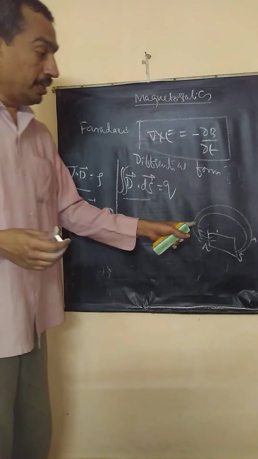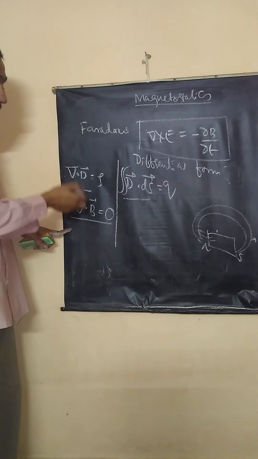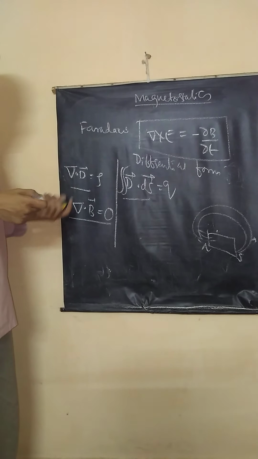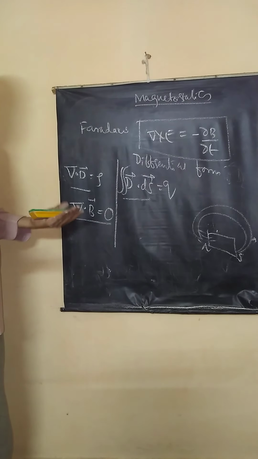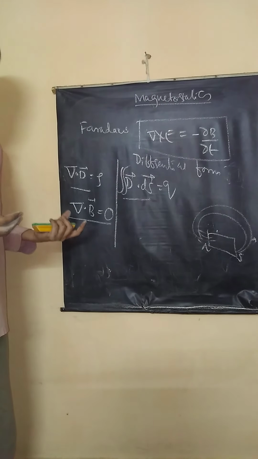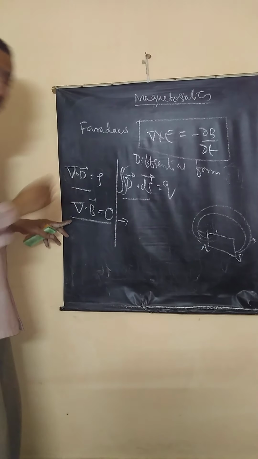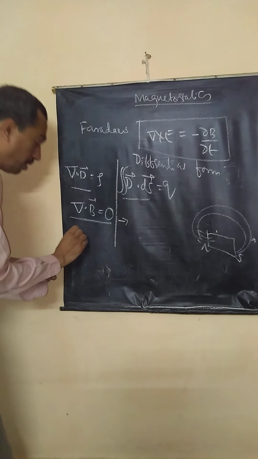But in electrostatics, divergence is equal to rho. This shows electric charges remain isolated. Positive and negative charges exist in separated form. They don't occur in pairs. Correct? But in a magnetic field, north and south poles are always together. So total flux lines from a closed surface will always be zero. This is called the Gauss law of magnetostatics. This is the Gauss law of electrostatics. Correct? This is the Gauss law of magnetostatics. Next, Ampere's law. Look at this.